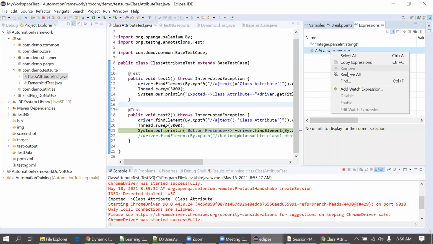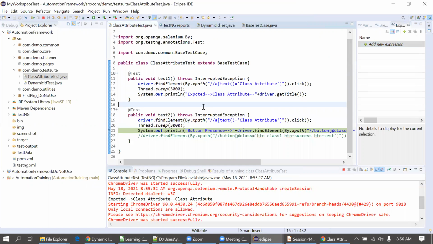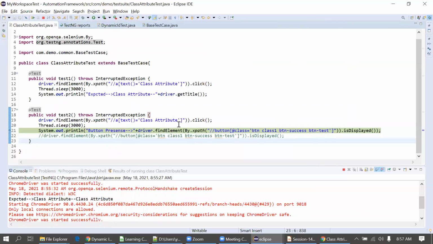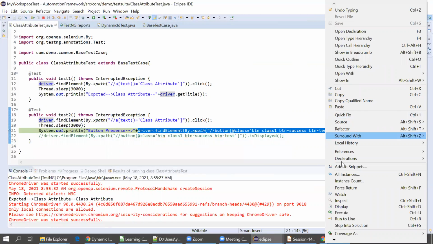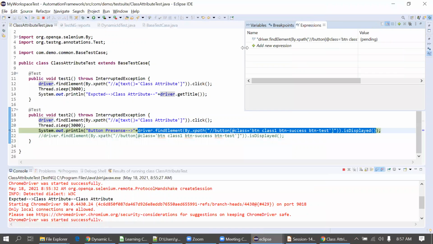In some cases it happens actually. I'm not sure what is happening. Sometimes we are not getting a proper debug. We have to search for the source and then we can get the debug at the right point. Now I will minimize the left window and right window, copy this expression, this code, and put it into the expression, and we'll see what the result is there. It's a watch. Okay, so now I'll see the result here in the watch itself.